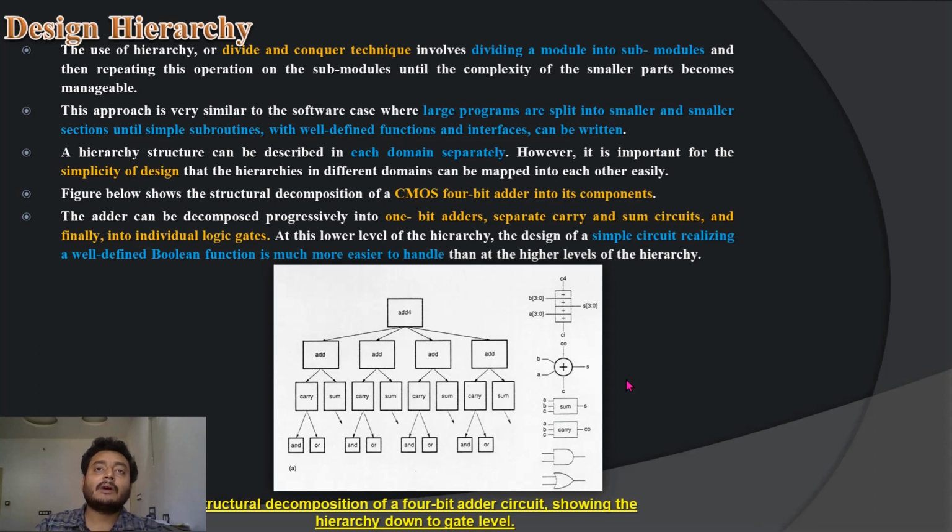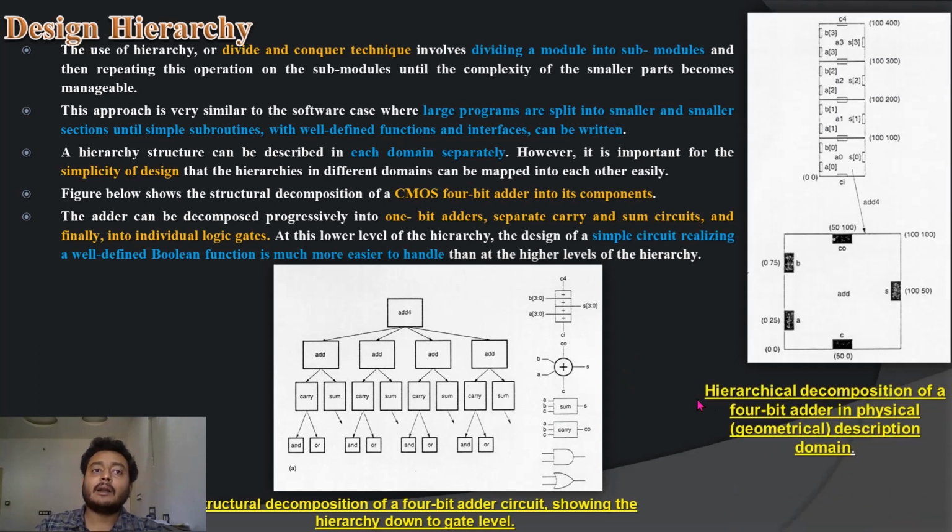Okay, at the same time, we have a hierarchical decomposition of a 4-bit adder in physical or geometrical descriptions. How can we do that? This entire 4-bit adder is made up of 4 individual full adders.